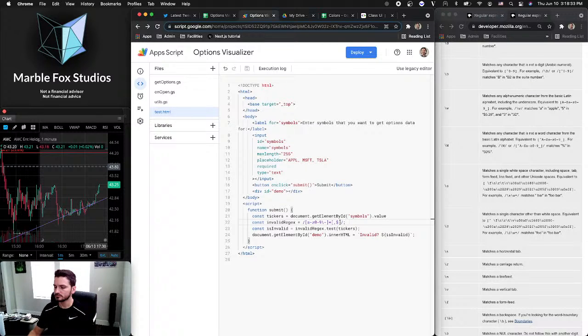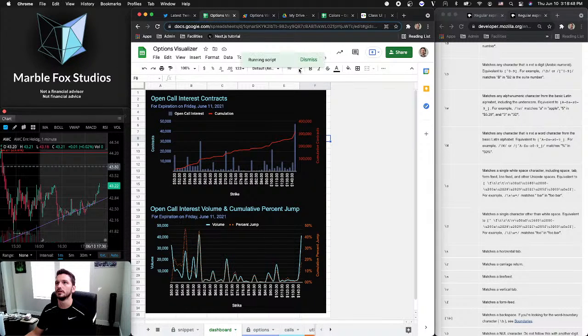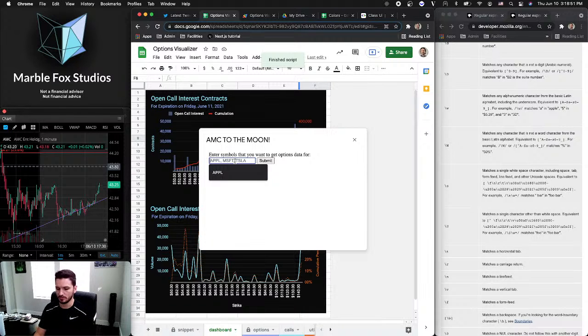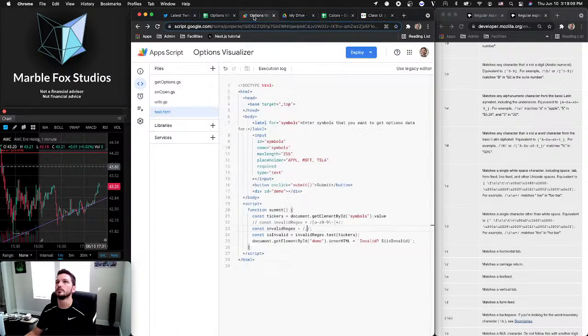So let's take that because we know that works. Comment this out for now, and now we will just work with comma. If it includes a comma, then it will return true for invalid. Apple, MSFT, this should return true. True, okay. And this should still return true. This should return false. This should return true. Okay, that works. But now let's adjust this to just if it ends, if it's the last thing inside of